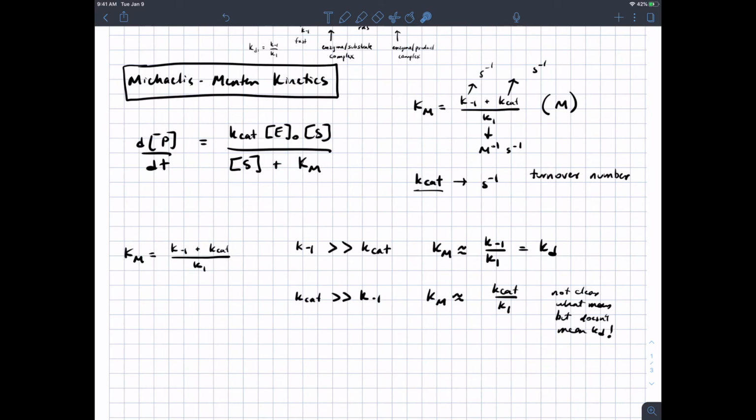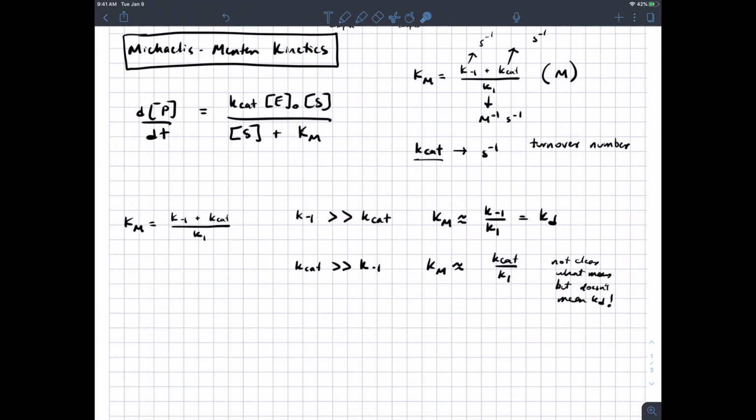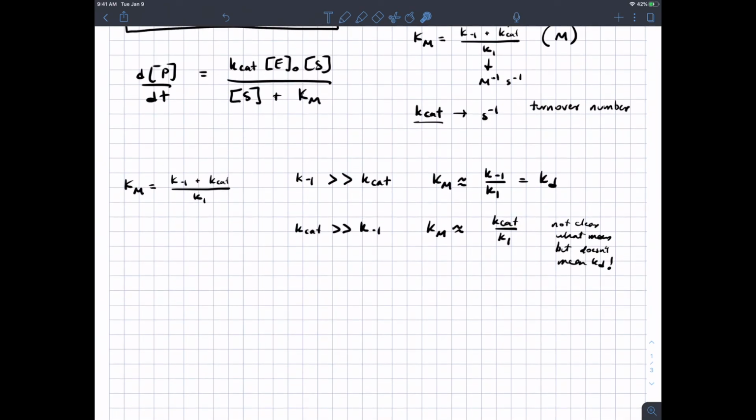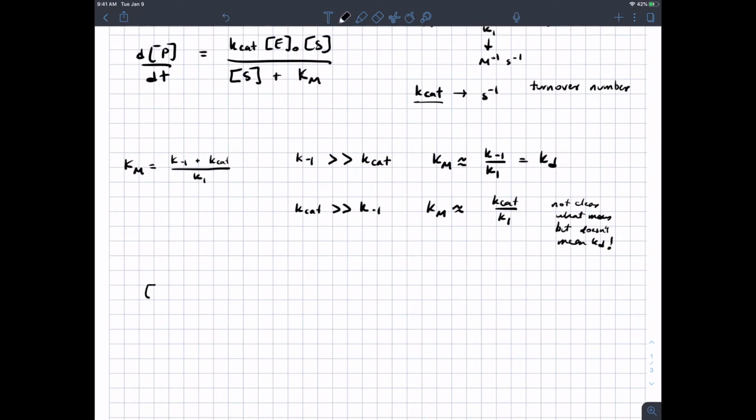A couple of other things to get out of Michaelis-Menten kinetics is that by comparing the concentration of substrate you have versus the Michaelis constant, you can predict changes in the reaction mechanism, or changes in the speed of the reaction, rather. Sorry. So if the substrate concentration is much, much greater than Km, then your rate no longer depends on substrate concentration,